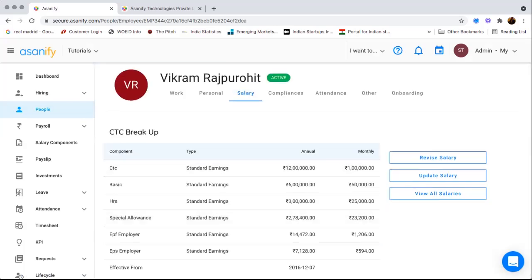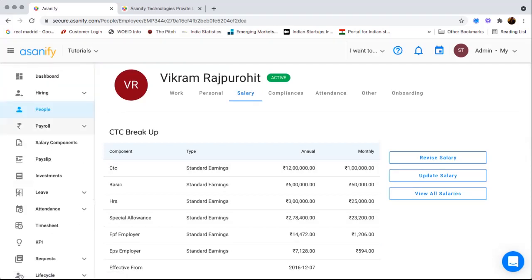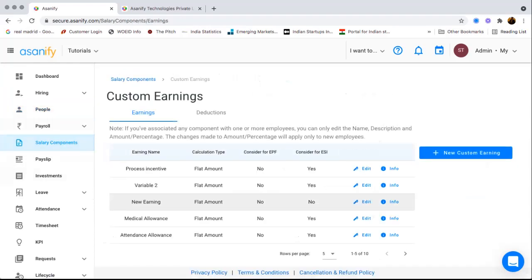Now, once you have added an employee, the next thing obviously is to run the payroll for your company. And of course, we'll have a leave module, attendance module, and so on, which I'll get to very, very quickly. Now, before you run payroll, you need to do a couple of things. One is after you add employees, just make sure all your salary components are up to date. We already have some basic components ready. If you have some custom components, you can add them by going to salary components.